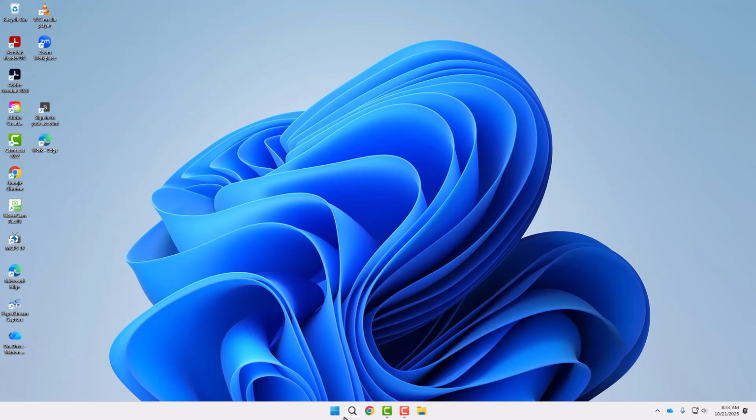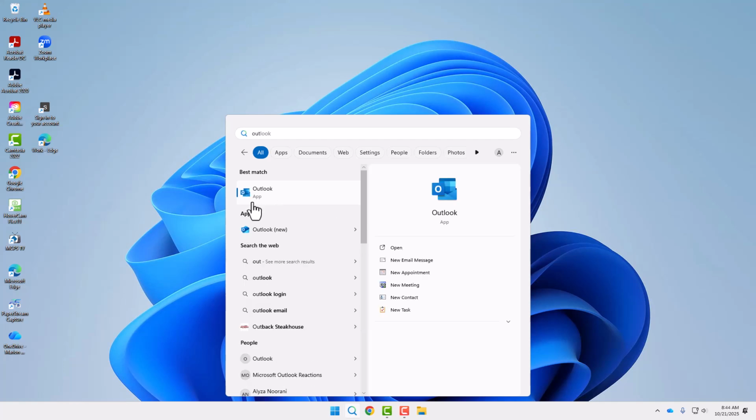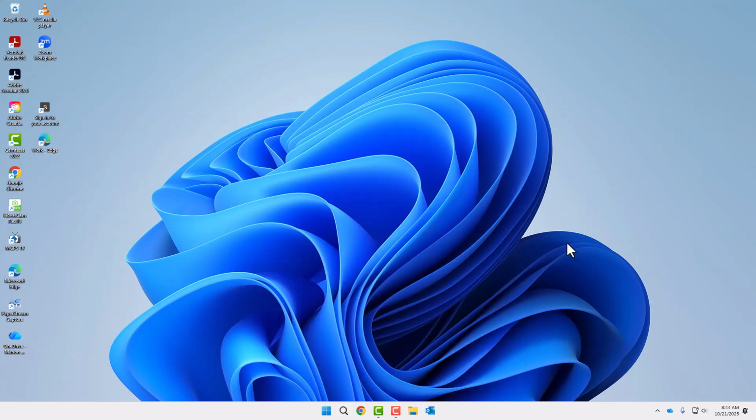Okay. Second thing you want to look for is search, and you want to do the same thing with Outlook. So Microsoft Outlook is your email app. You want to right click that and you want to pin that to taskbar. So now you have File Explorer and you have Outlook. What I want you to do is for File Explorer, when you open it,